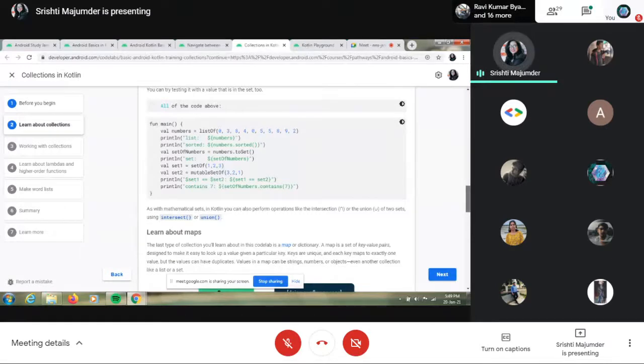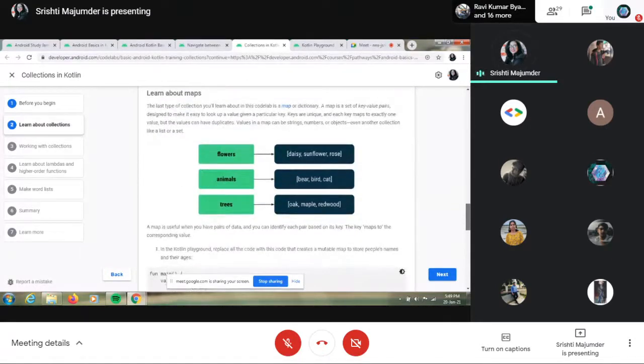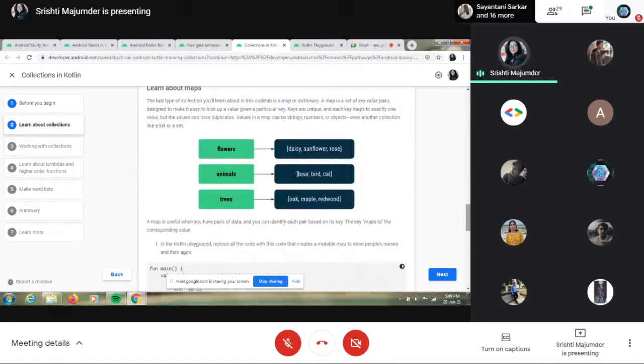And mutable sets are the ones which you can alter. Now let's come to the third point, which is maps. So what exactly are maps? Maps are basically dictionaries. A map is actually a set of key value pairs. It always stays in pairs. Suppose these are the keys: flowers, animals, and trees.